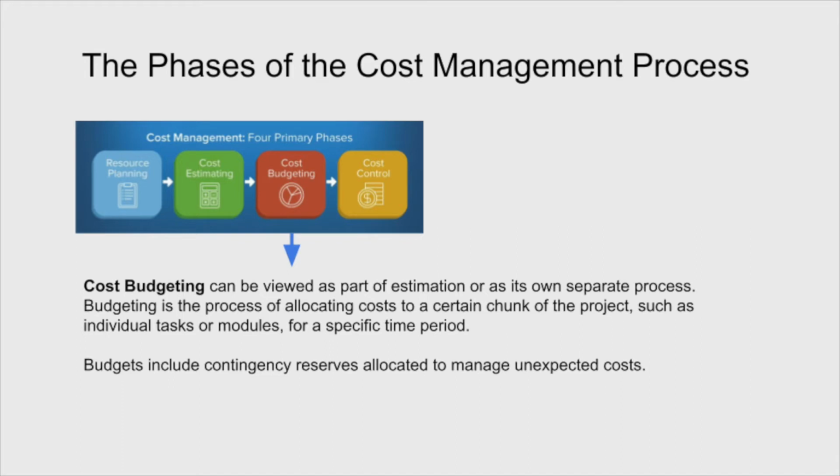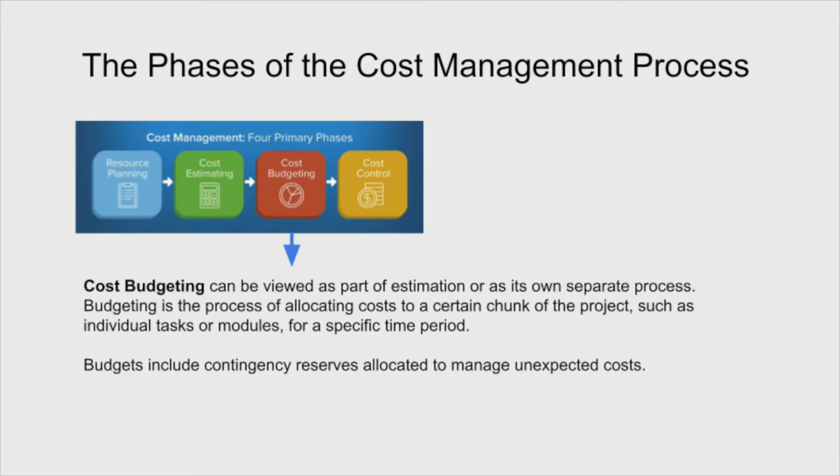So it can be viewed really as part of the estimation or a separate process. What we need to do is allocate the cost for each individual chunk of the project. So for example, if the project has 10 phases or 10 parts to it, what is the cost of part 1, what is the cost of part 2, and so on. Breaking it down into tasks allows us to get a better handle on the exact cost of each of those tasks and then build up in order to get a total price or a total budget for